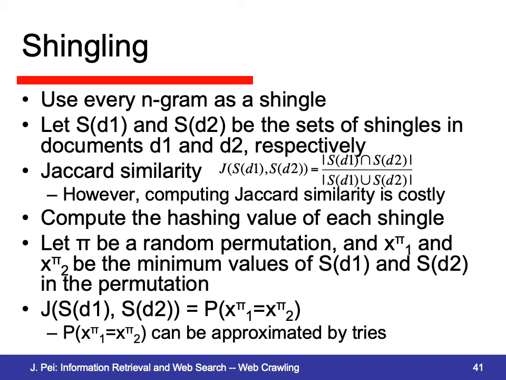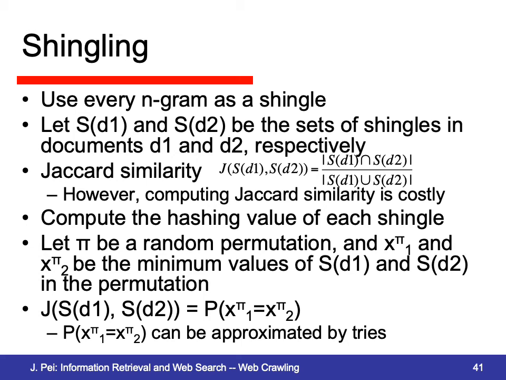Another approach is using shingling. In the shingling approach, we use every n-gram as a shingle, and let S_D1 and S_D2 be the sets of shingles in 2 documents, D1 and D2 respectively. Then we use the Jaccard similarity, which is calculated as this. However, computing the Jaccard similarity is quite time-consuming. Therefore, we